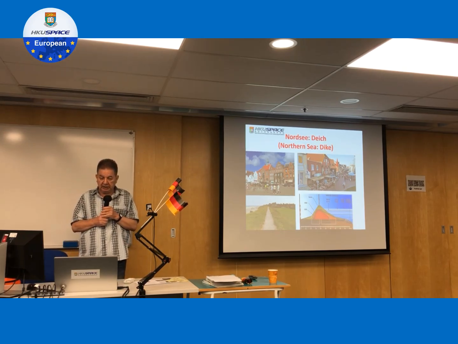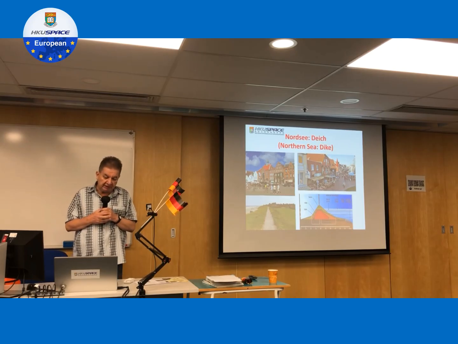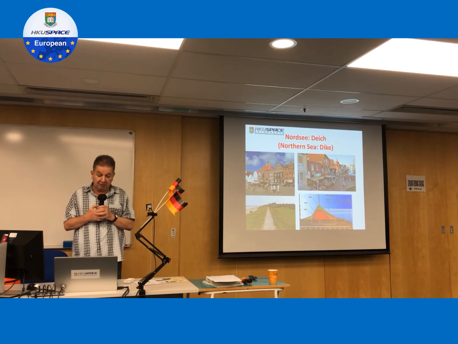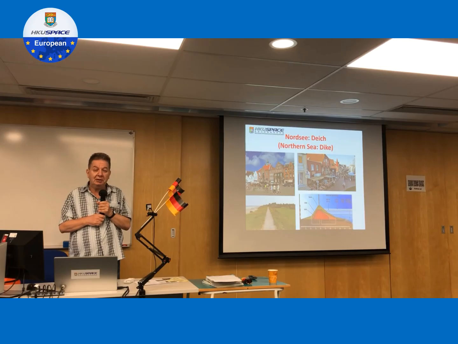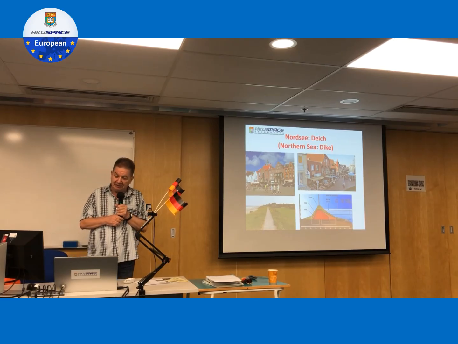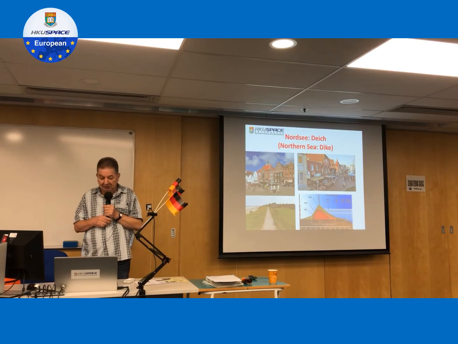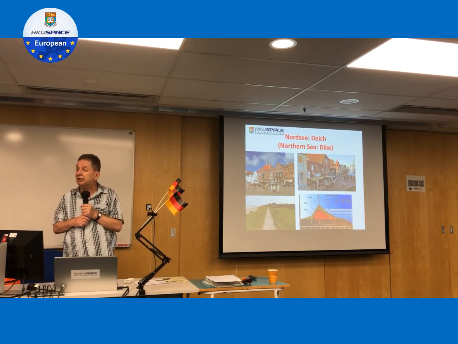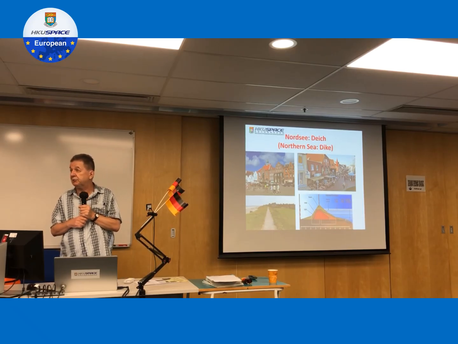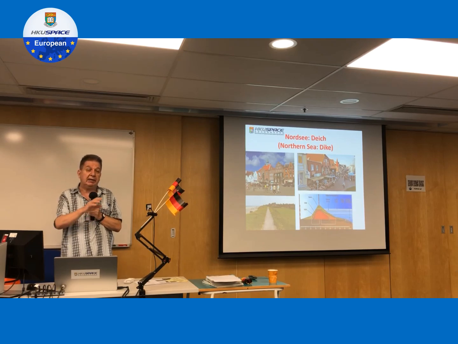Okay, so what do you see here? Not much to see. You have a simple holiday, you go there, you have a bike tour, you go to the pedestrian area, eat coffee and cake, and then you can take the train or go to a hotel for another day, and then you go home. So this was our look at the Northern Sea. The Northern Sea in Germany, that is typical with the dike, right?